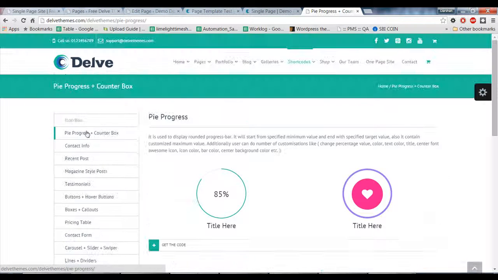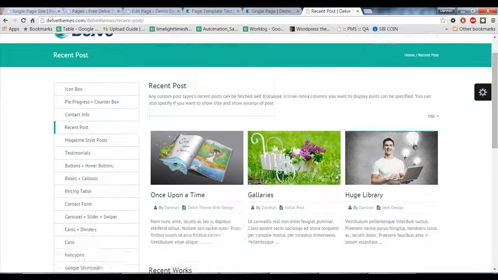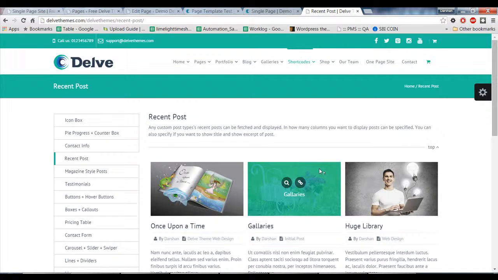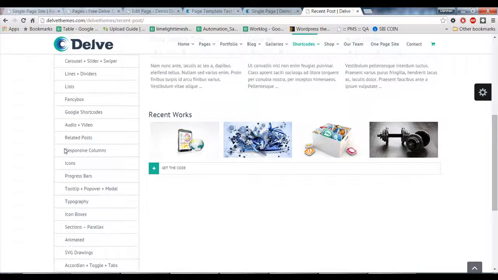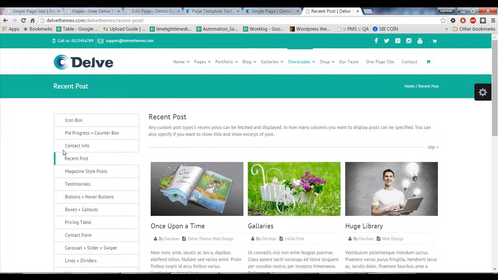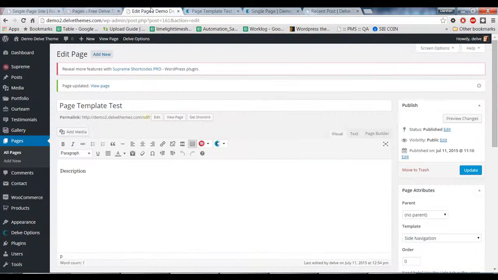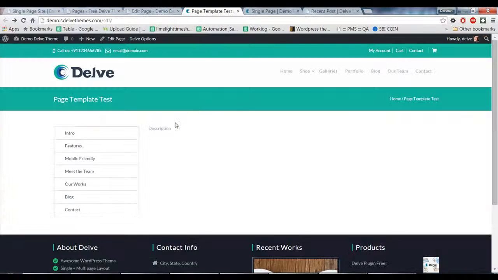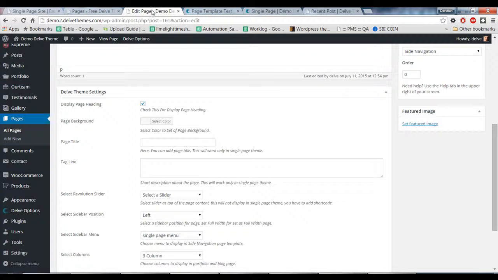A page which is live has a different styling. You can simply click any of it, and all these pages contain a side navigation page template. All these pages have the side navigation page template set for them. That was the side navigation page template, and the next one is